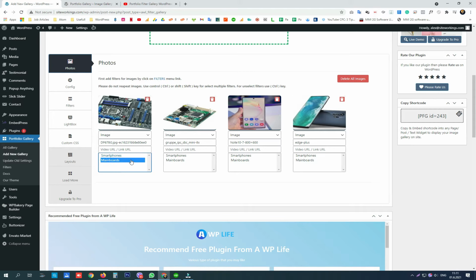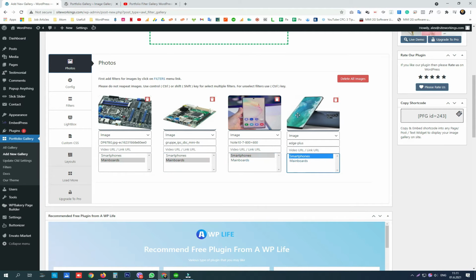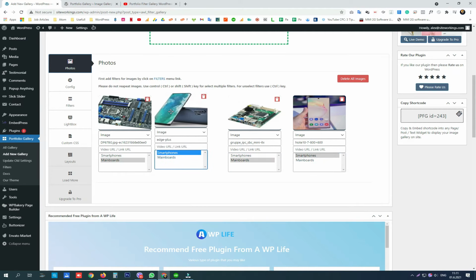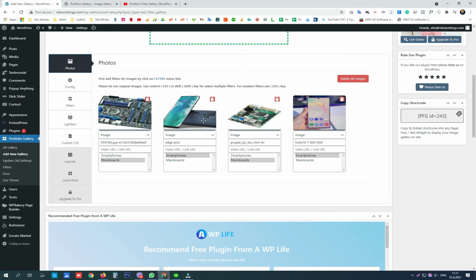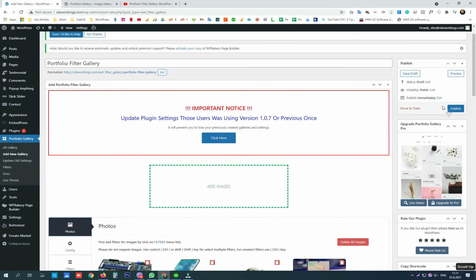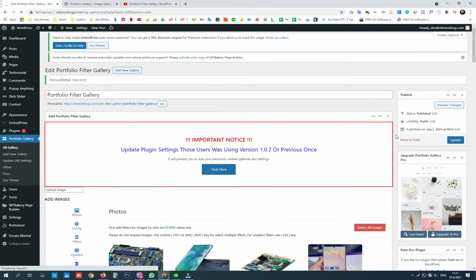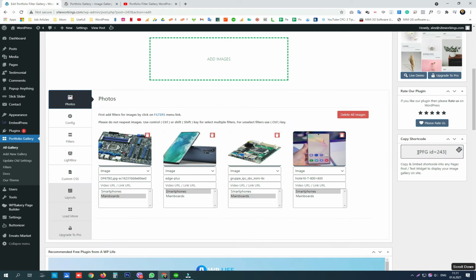Choose a category for our images. We can also drag and drop to move the order of the images and click publish. Right after that, we are going to get a shortcode from here